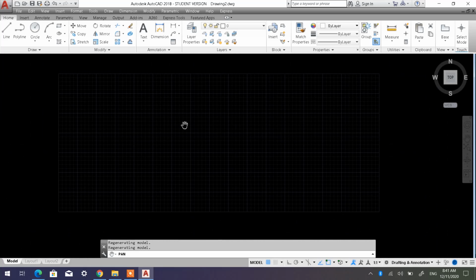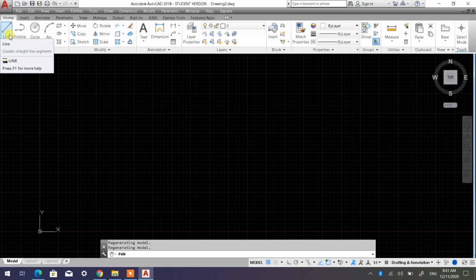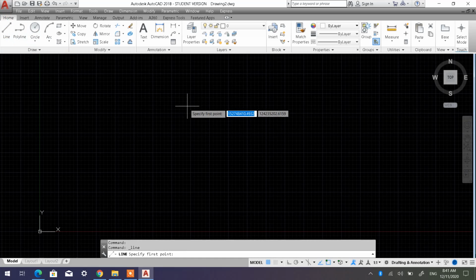sketch command that I would like to introduce is about line. Okay, so again it's under home tab. Then you need to go to line. Then you just simply click anywhere. Just simply click anywhere. Dan kalau you perhatikan, okay,